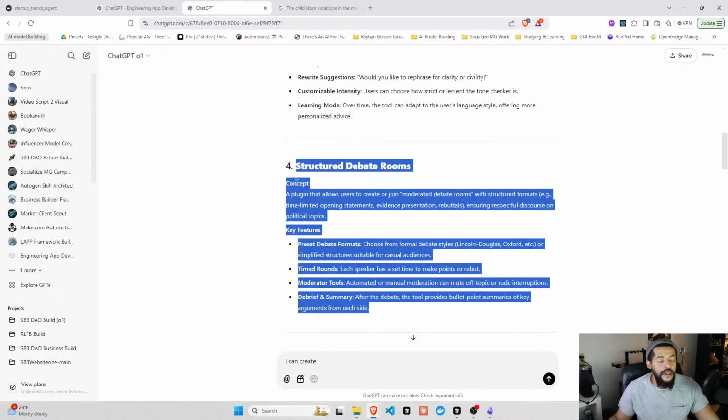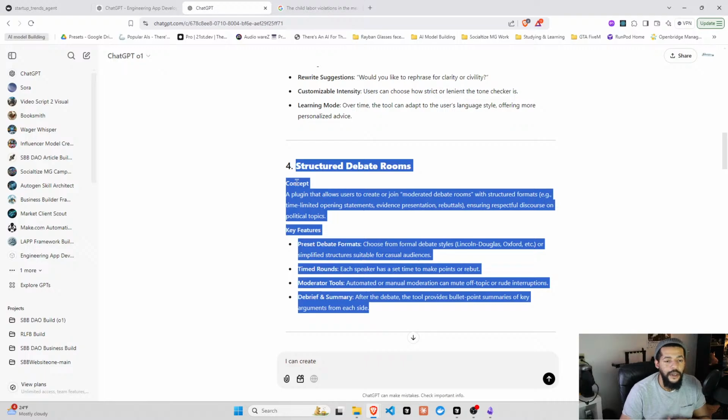All right, so what I'm thinking, because my bad, I forgot I'm doing a tutorial. So the structured debate rooms. I want to make an extension or a tool that can basically connect to these different social media apps. I don't actually want to make a whole app, but